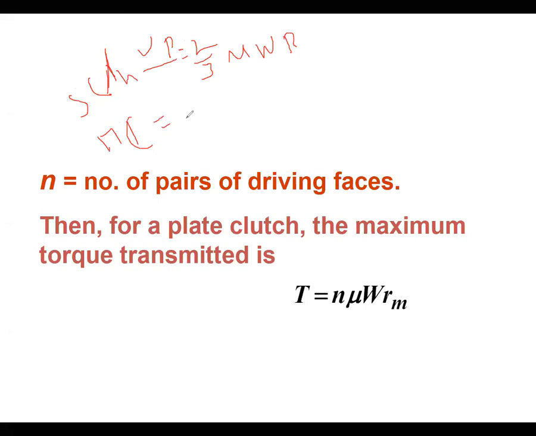So when you're taking that multi-plate clutch, the formula is similar, but here it is going to add n into 2 by 3 into mu into W into R. Right? This is the one condition here. Only n indicating that number of pairs. That is only you have to remember. So once you remember that, you can easily solve this problem.